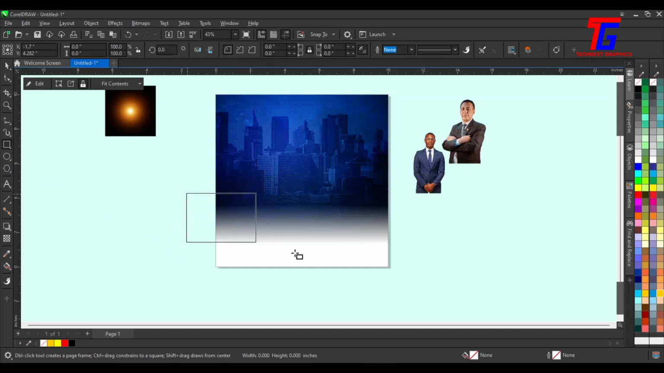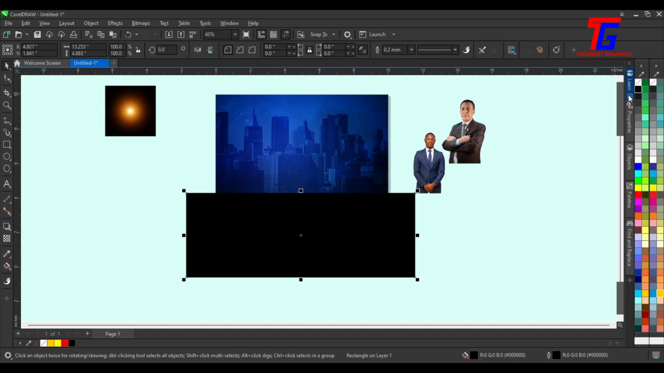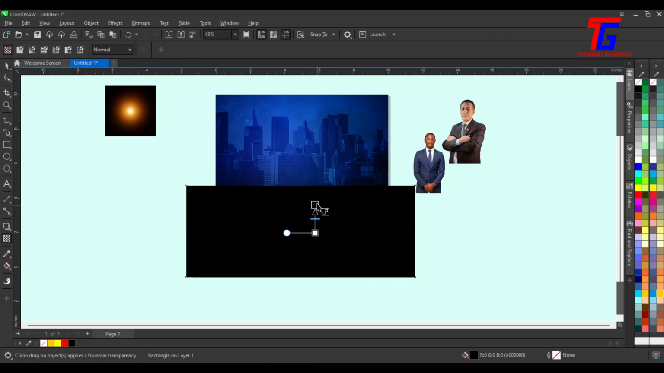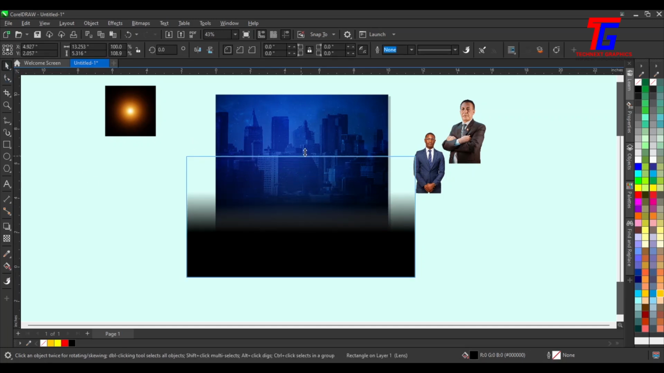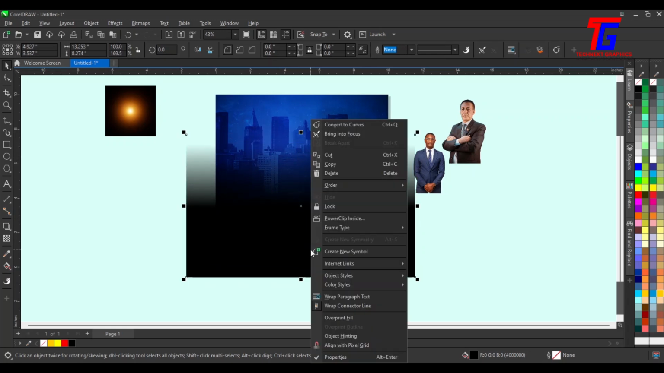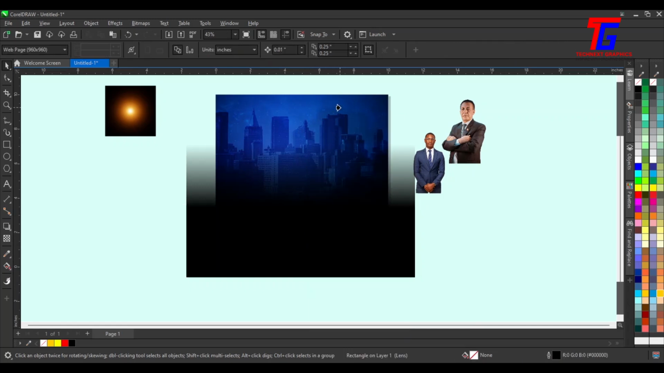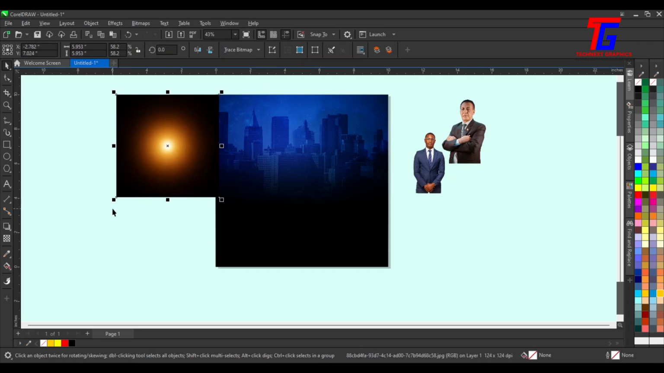Select the rectangle shape tool, draw a rectangle here, give it this color, remove the outline, select transparency, fade out this top part, then resize, right click, power clip inside, bring in this light flare, resize,